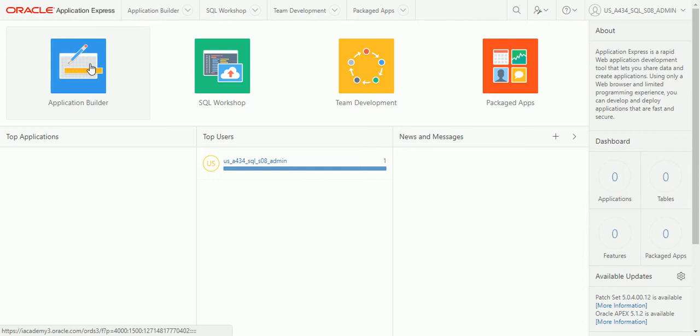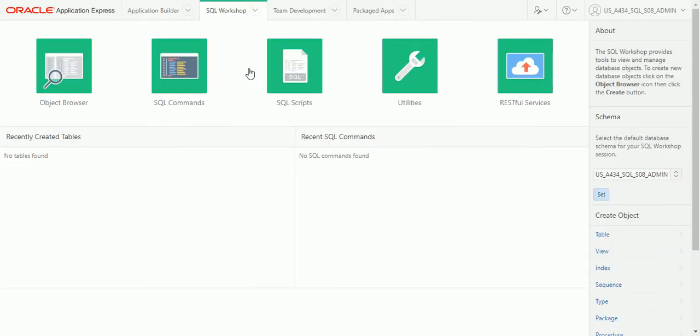Now, once you log in, for many of these assignments, you're going to have to build your database. So you're going to click on SQL Workshop. Almost everything we do is going to be in the SQL Workshop. So a couple tools you have in here, you've got the object browser, SQL commands, SQL scripts, and then some utilities. So in this course, whenever we do assignments, if you need to use Oracle, you're going to be given a script in order to complete the assignment. So if you click on SQL scripts,